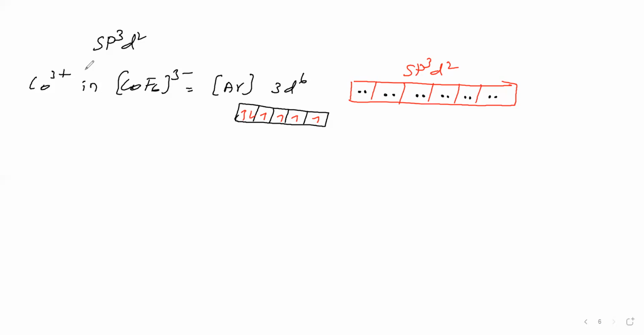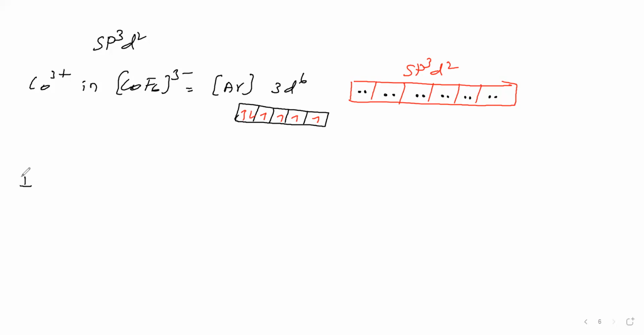Suppose the magnetic moment, that experimental fact, is not given. Now first we will see ligand strength. If we remember that ligand strength order, then using that we can say whether the complex is inner orbital or outer orbital. So we will discuss ligand strength now. What is the ligand strength?